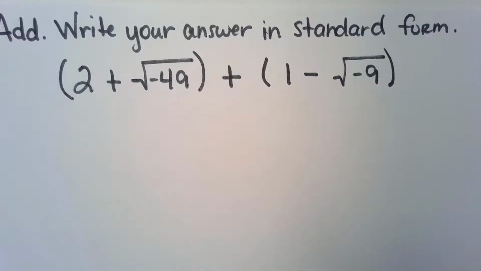All right, so let's add. Write your answer in standard form. We have 2 plus the square root of negative 49 plus 1 minus the square root of negative 9. So remember,